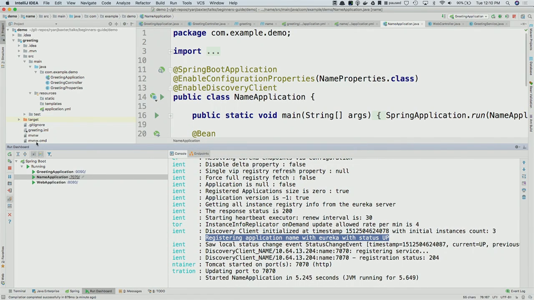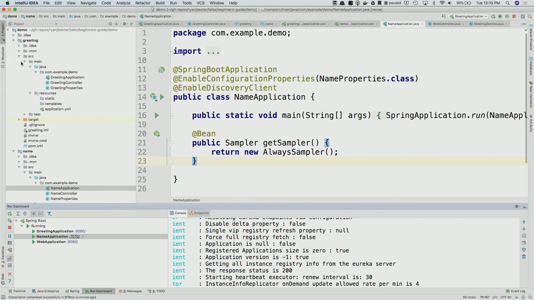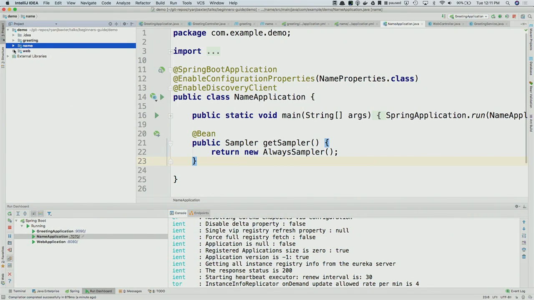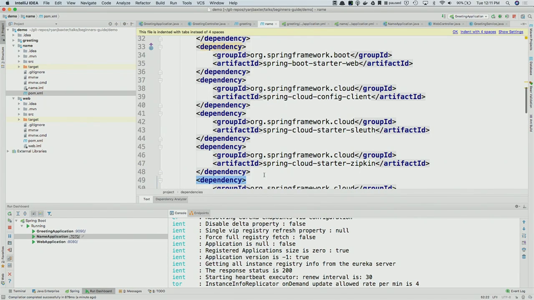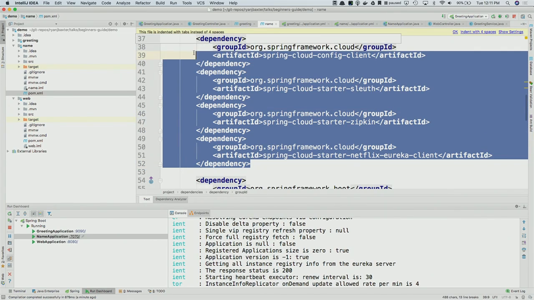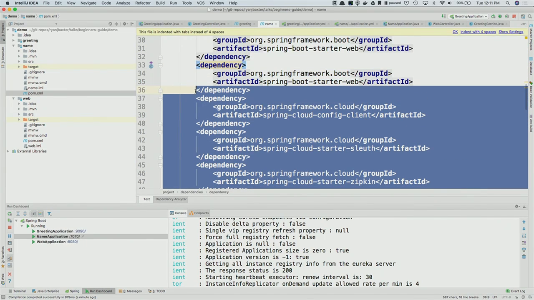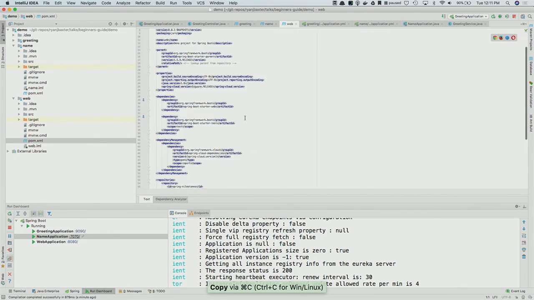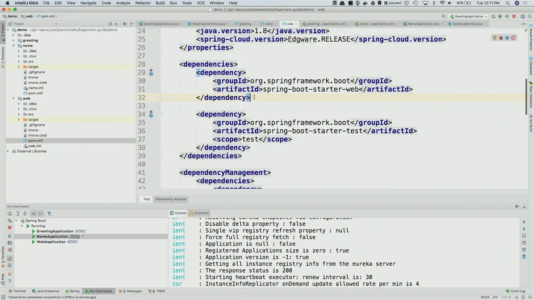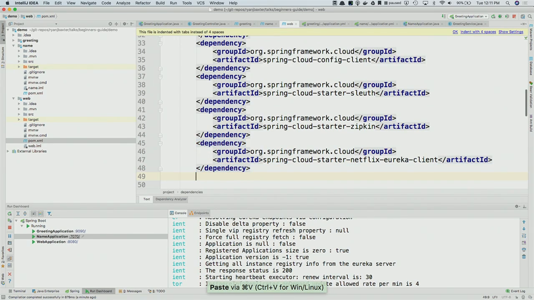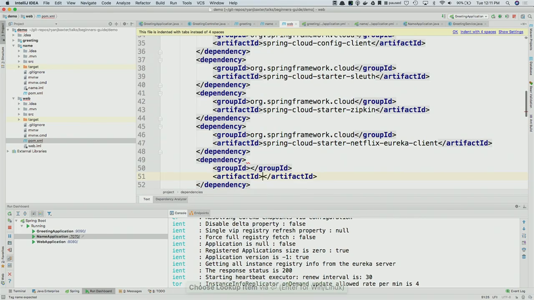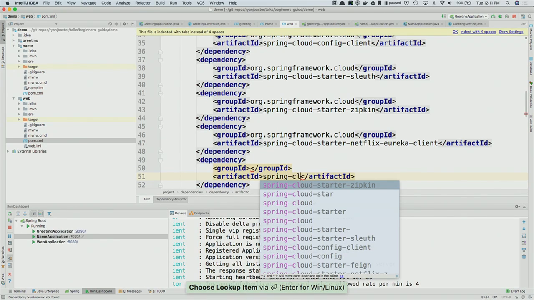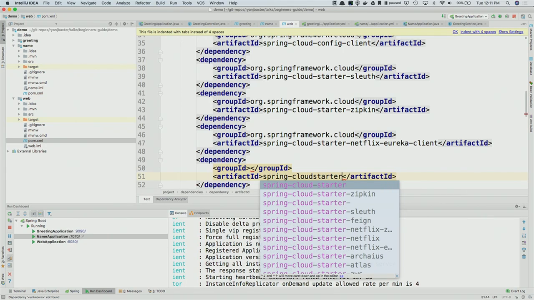Now, the web application is going to be a little bit different than the greeting and the name application. So we'll start off with the same dependencies that we added to those two applications as well, and we're going to add a couple more. The additional ones we're going to add are a dependency on Spring Cloud Starter Netflix